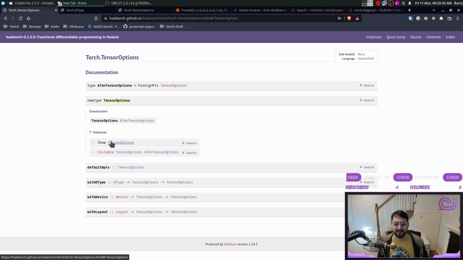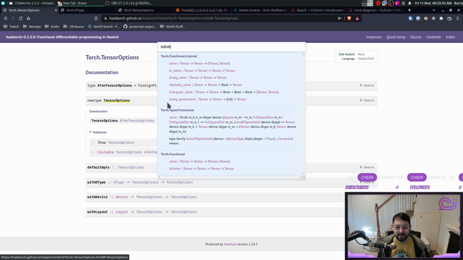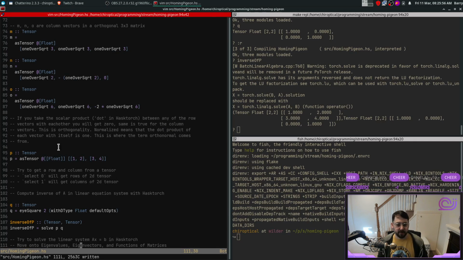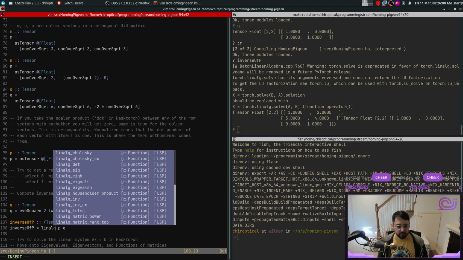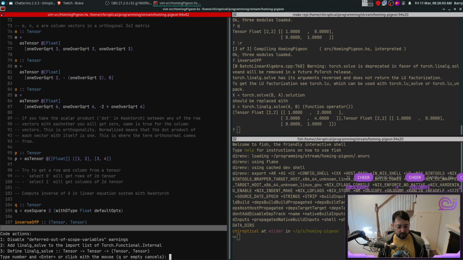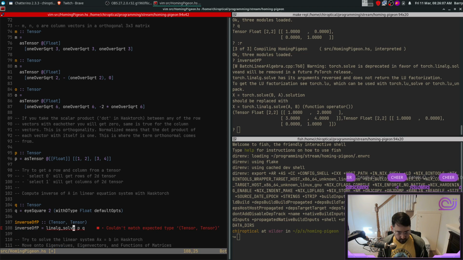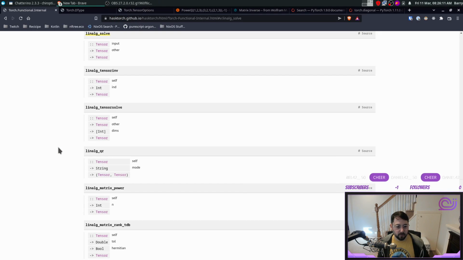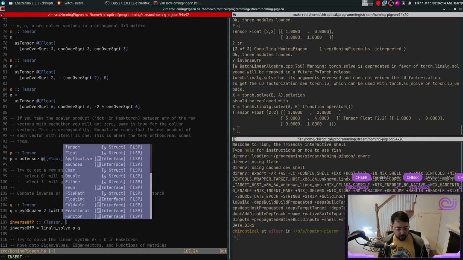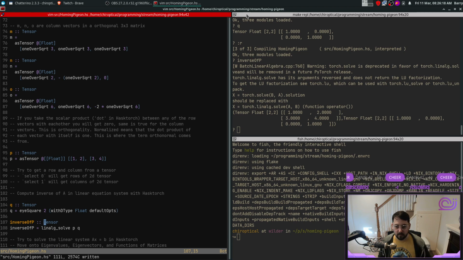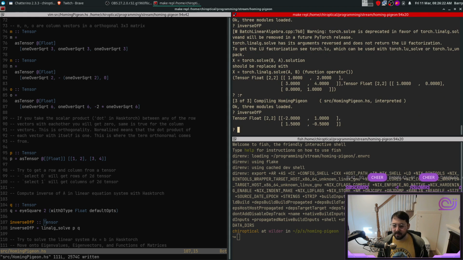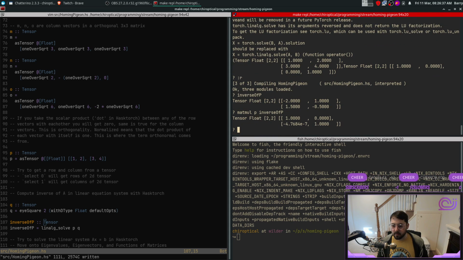All right. Sure. So we want lin alg solve, I guess. And what does lin alg solve give us? A tensor. That's kind of funny. Okay, there we go. And if we take P, if we matmul P with the inverse of P, we should get